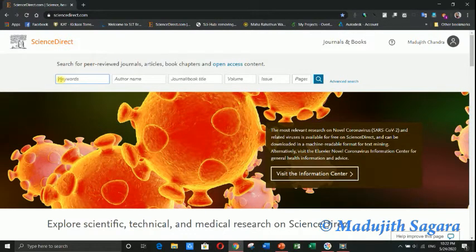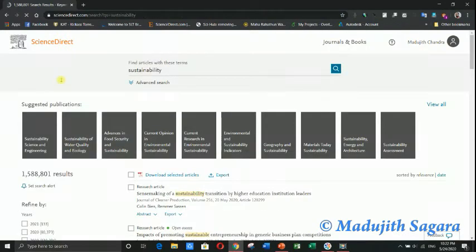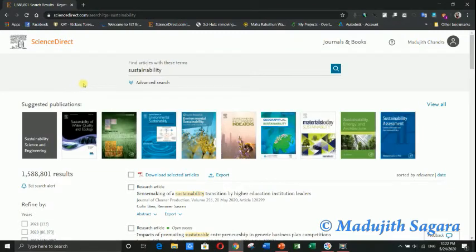I will assume that my aim is to find research papers on sustainability. Then you can see the vast amount of papers are available.